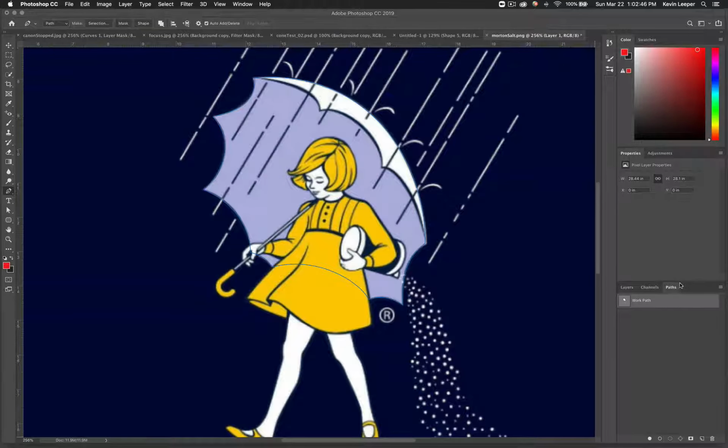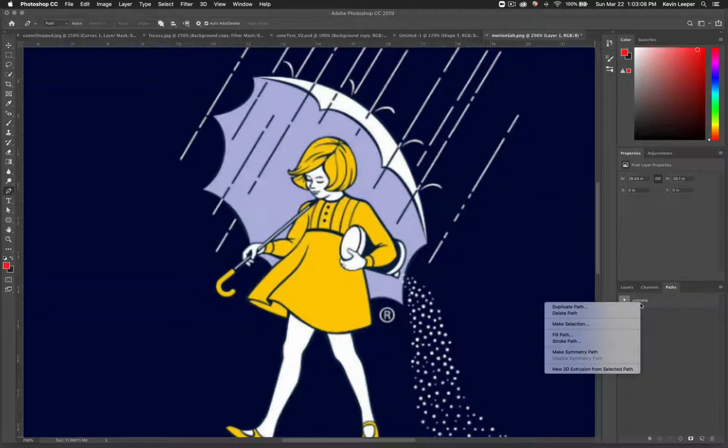Now work path is not the best name, and if I were to click away and start making more paths, I can lose this path. It's easy to lose these. So what I would suggest is just name it. I'll just name this umbrella. I might spell that wrong, but that's okay. But just by naming that, I saved it. Okay. There's also, of course,